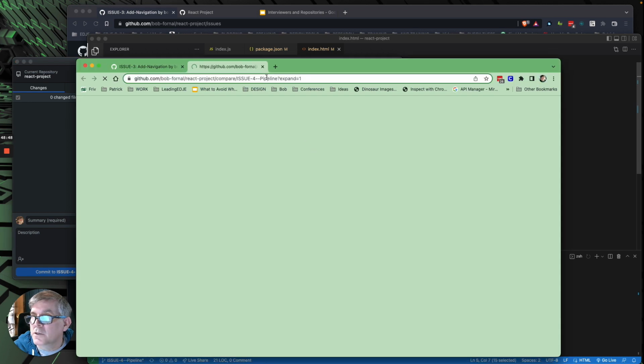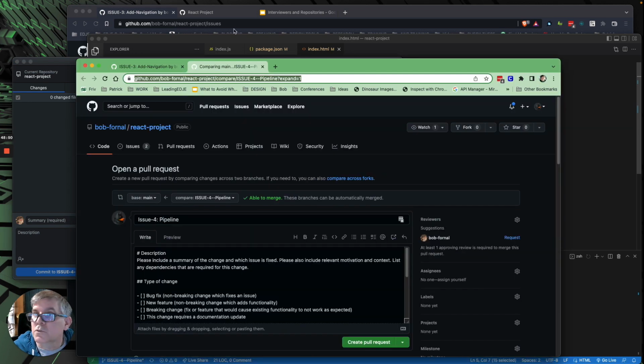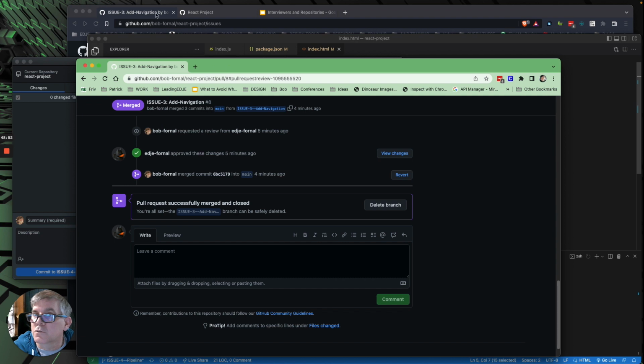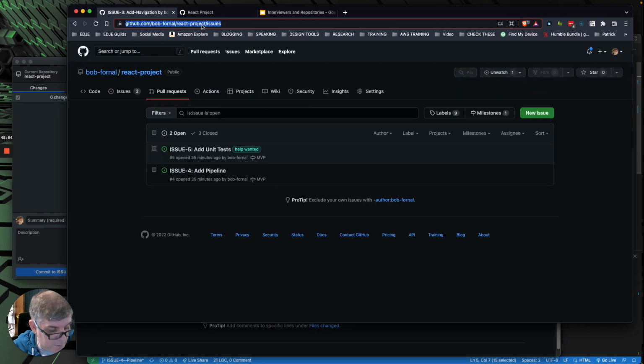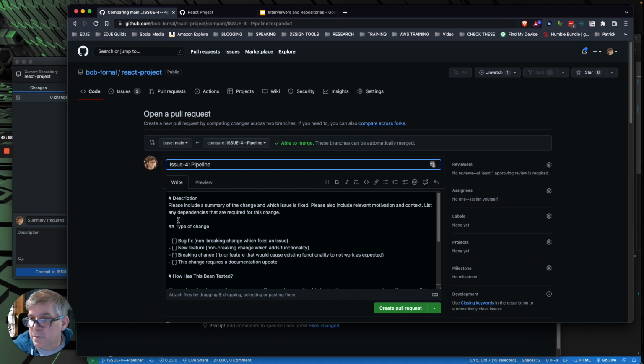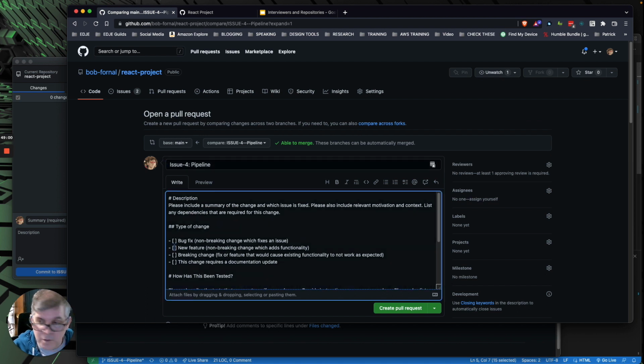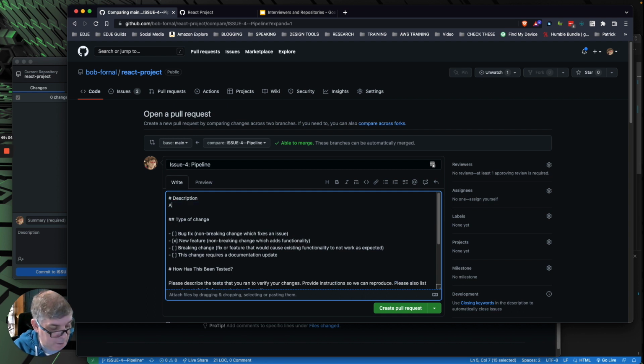Pull request into the wrong browser, wrong account, close it out, come back over here, and paste. Cool. Pipeline. It is a new feature. Added stuff to make the pipeline work.